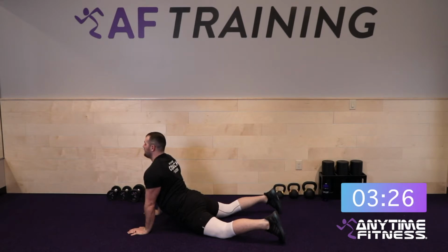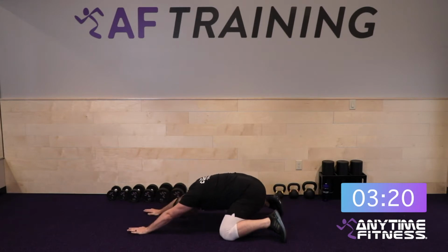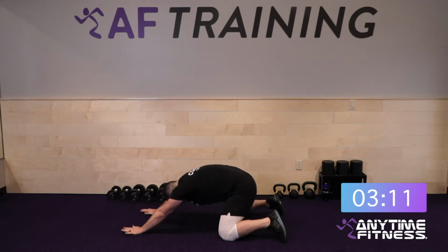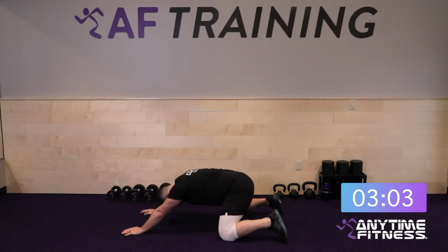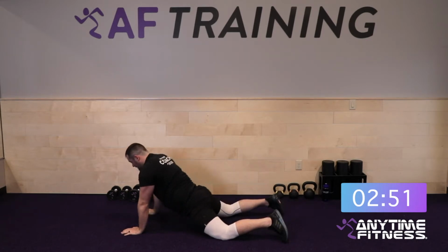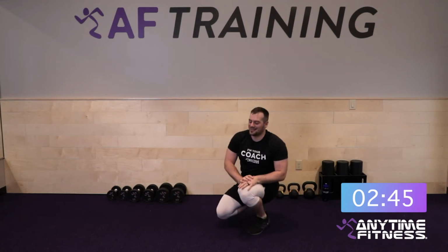Again, it might look a little bit different for you from me. If you're a little bit more flexible, or a little less, that's okay. Find what works for you and get nice and warmed up for this one today. Gonna spend just a little bit of time here, so no rush. Good, hit a couple reps. Got about 10 more seconds, so any little tight spots that you have, maybe hit it one more time. Good. All right, as you finish up,